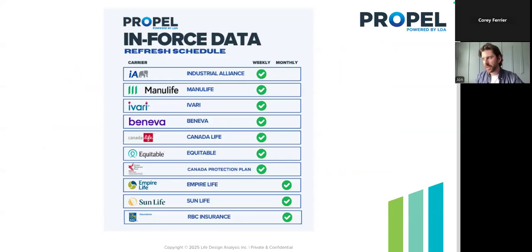Now, one thing to note is we may get information from a carrier like Beneva on a weekly basis, but sometimes the carriers take more than a week to update their own back office once a policy is issued to then have it appear in a data feed. So although we get it weekly and monthly, sometimes it takes the carrier a little bit more time to process that and then provide that policy information within a feed, but it's usually no longer than 90 days we'd see